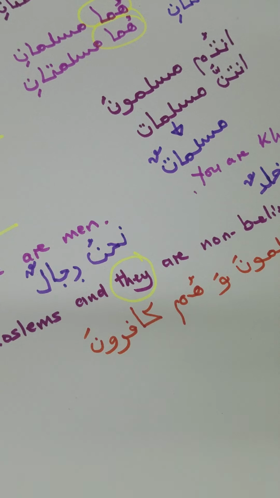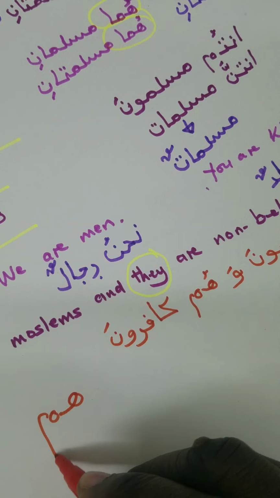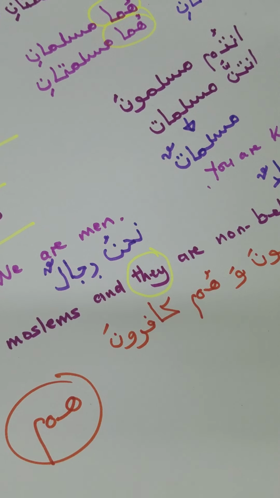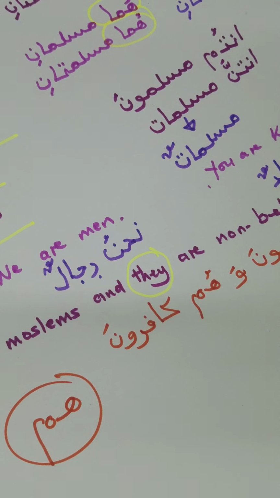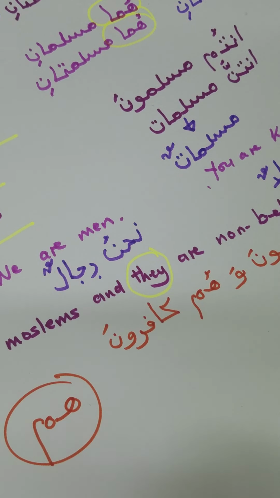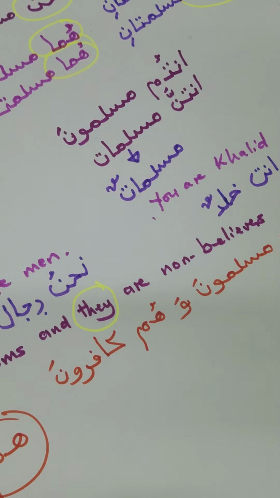Now I want you to understand something. When you look at this word whom, you will read some texts where whom is being used to refer to both men and women. Do not get confused and say, hey, this guy told us that whom is for men. You'll find some cases where instead of using hunna, they will still use whom. Please do not get distracted, do not get confused. It still gets back to the same thing.